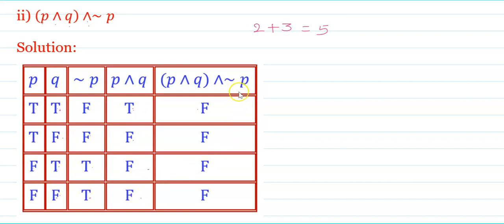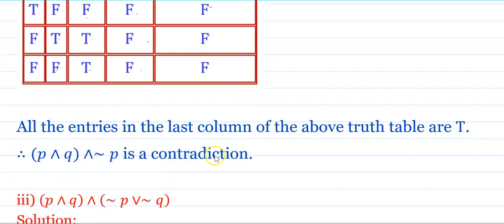Now the next, AND between the column numbers 3rd and the 4th. How to remember AND? Both of them must be true, then it is true. F and T is F. F and F is F. T and F is F. T and F is F. Again, all the entries in the last column is F, and therefore the given statement pattern is